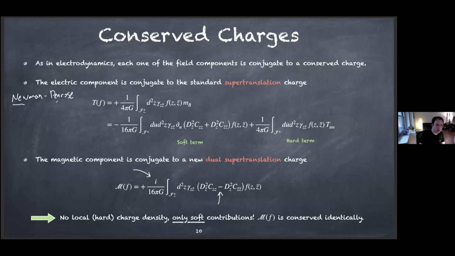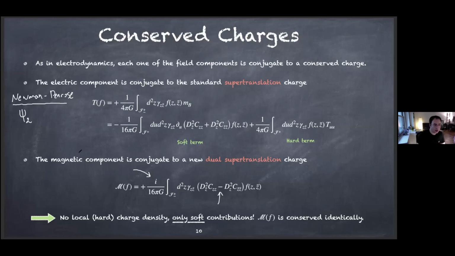Today it goes by the name of Newman-Penrose formalism. Newman and Penrose studied the asymptotic properties of spacetime and defined conserved charges. In particular, one of the charges is defined by a scalar which is called psi2, which I think is what Prahr alluded to. I don't want to get into too much detail about the Newman-Penrose formalism, but for people that are interested, I can say more about this